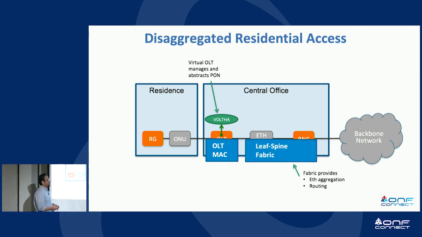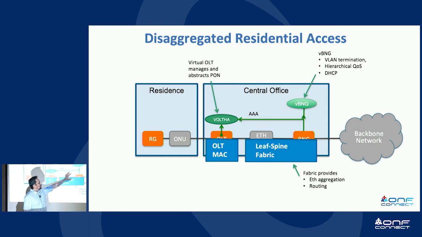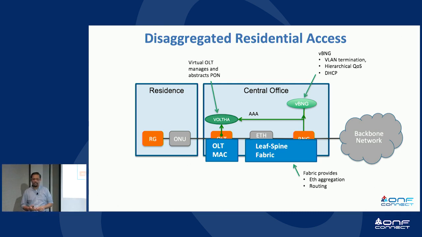Then let's take a further look at these other boxes. Well, maybe the pure function of moving bits around, looking at IP addresses and Ethernet addresses and forwarding traffic based on those, that can be replaced with a leaf spine fabric, right? And the functionality that is in software can be moved into, say, containers or VMs that run on servers, commercial off-the-shelf equipment.